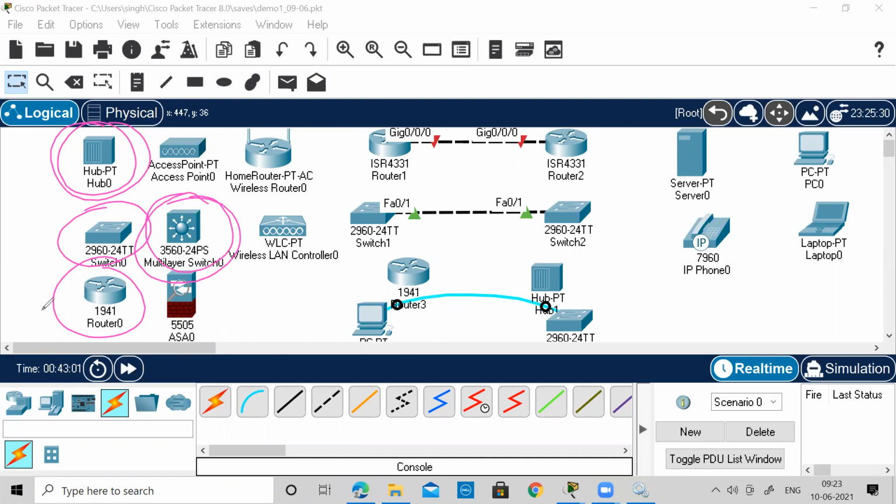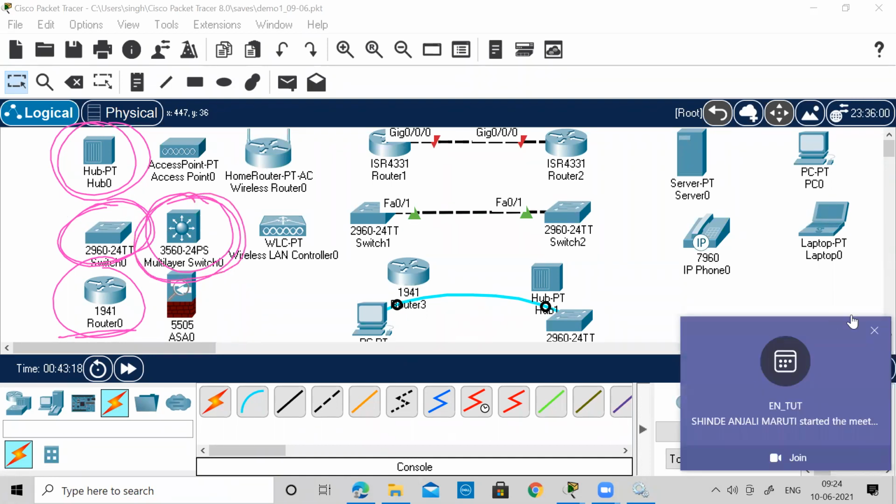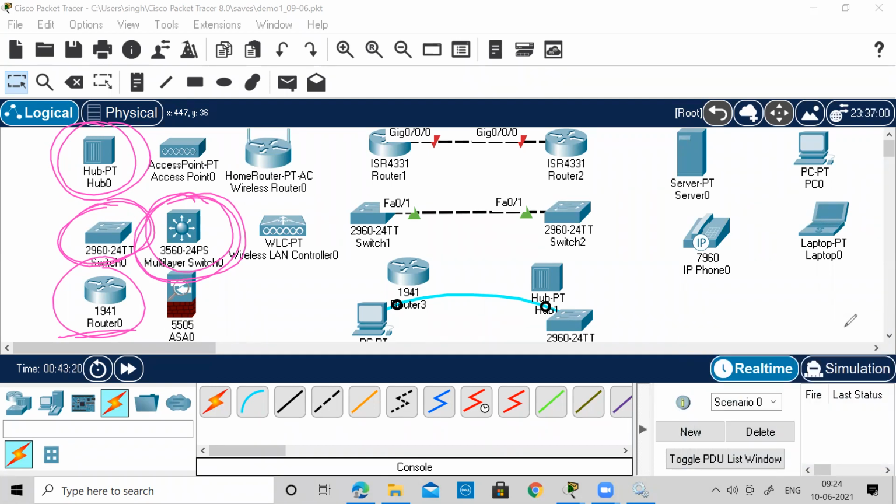A router is a layer 3 device because it works with IP addressing. A layer 2 switch works with MAC addresses, so it is considered a layer 2 device because it is based on MAC address. A layer 3 switch can function as a router as well as a switch, so it can function both ways. So that's all about knowing the layer 3 device.